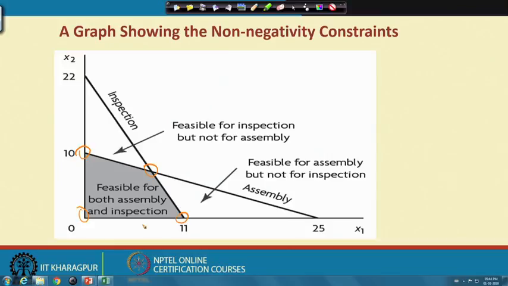In fact, if you have only one constraint, let us say this is the only constraint, then we have 3 corner points: 1, 2 and 3. Suppose we take this particular constraint only, then by default we have 3 corner points again. So that means if you take only one constraint, we have 3 different options. If you take the second constraint only, then still we have 3 different corner points. Of course, the x1 position and x2 position will be different, but still we have the flexibility to find out or decide which one should be the final choice to optimize the profit subject to